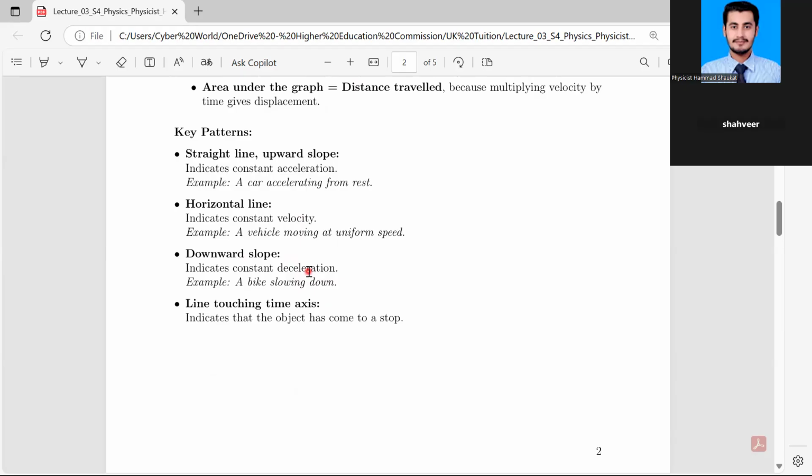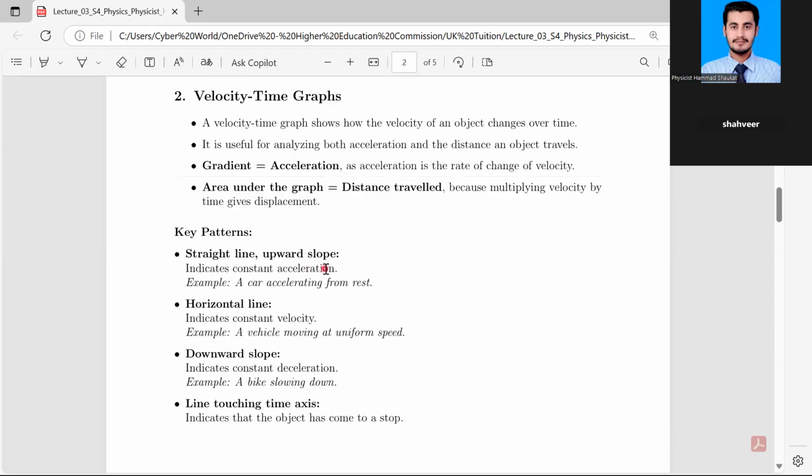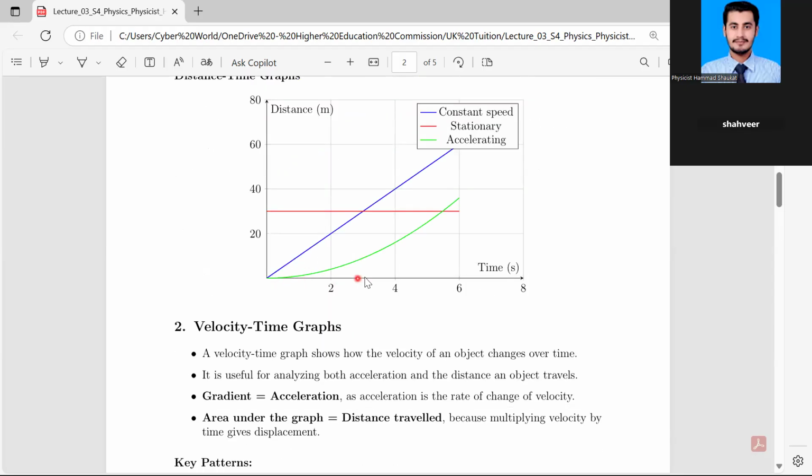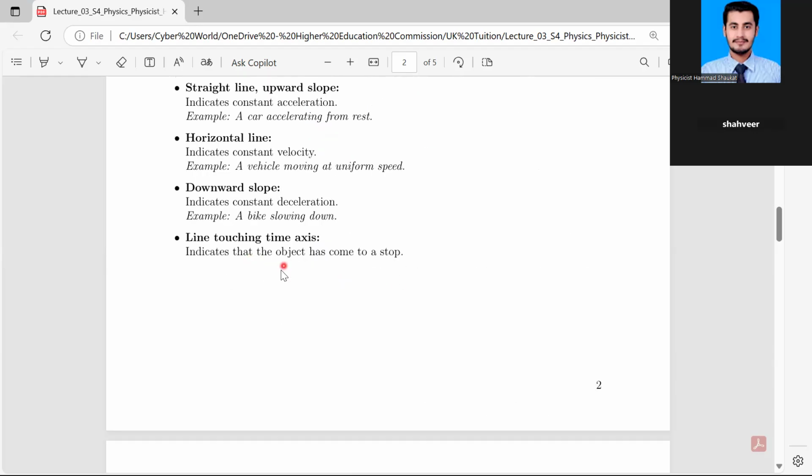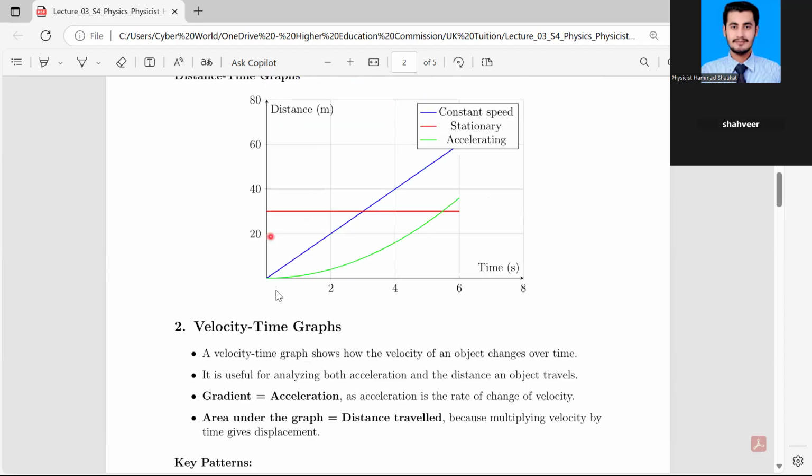So if a velocity is decreasing, or you can see a downward slope, you can say this line indicates the deceleration. And if some line touches the time axis, if your line is just here on the time axis, this will indicate basically your object comes to rest, means your object just stops, because at this line,